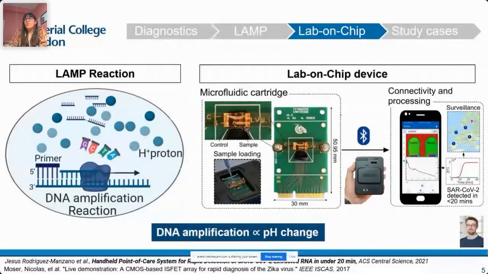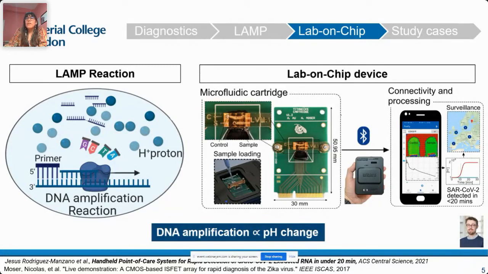This will allow for surveillance and infection control. And in addition, data can be recorded, leading to the first generation of data diagnostics aimed at the point of care. So the microchip that allows the detection is based on ion-sensitive field effect transistors